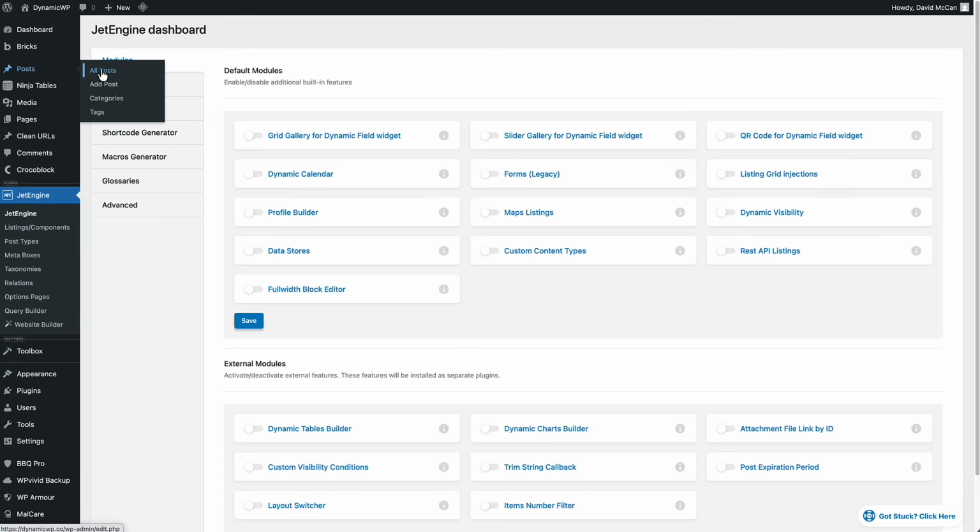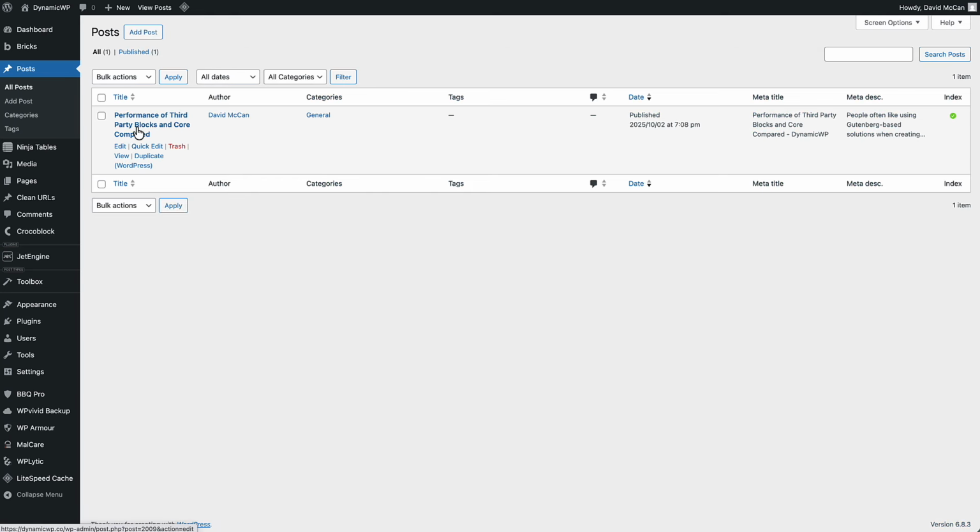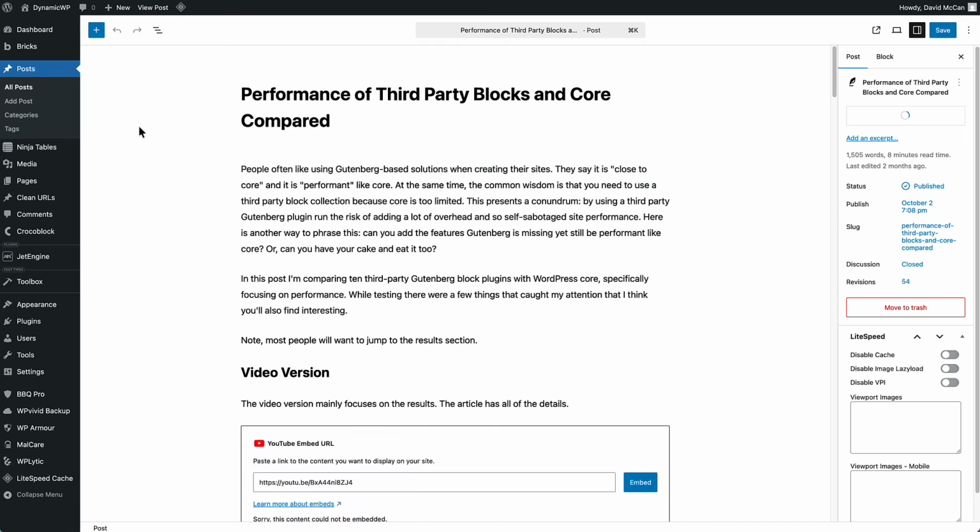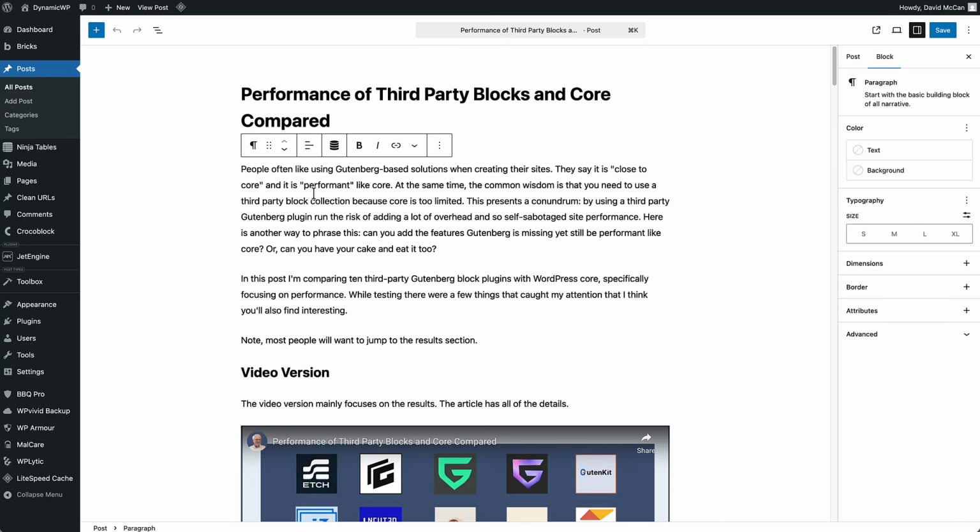A couple of things real quick that I can show you is if we go into a Gutenberg post, okay, this is a regular core paragraph block, but Crocoblock adds to it the dynamic data options. That's really nice if you're working with Gutenberg. If we go to